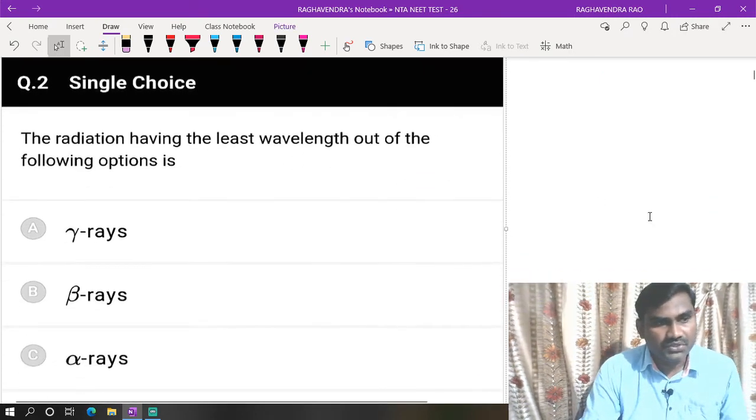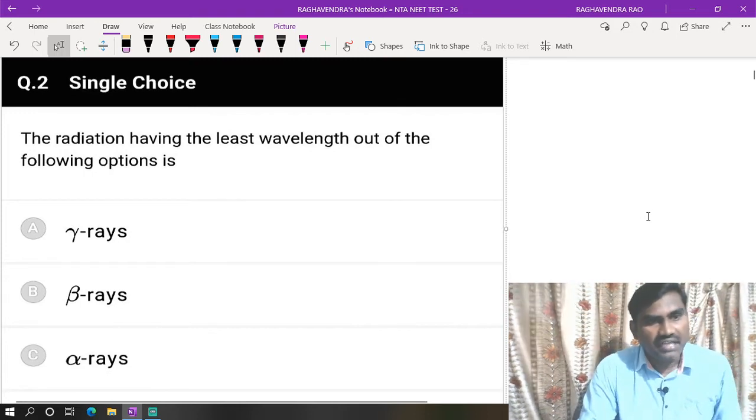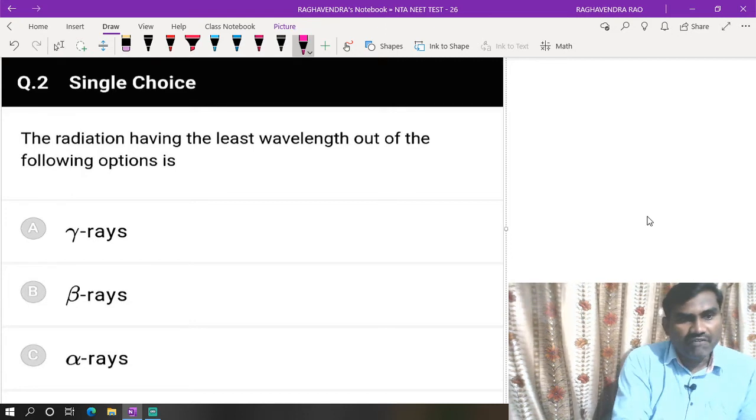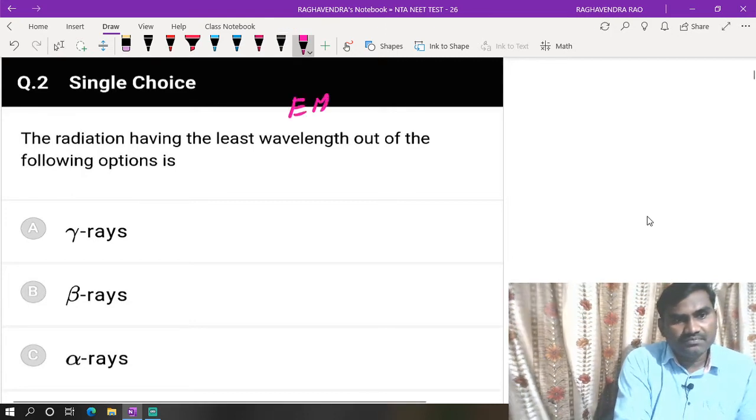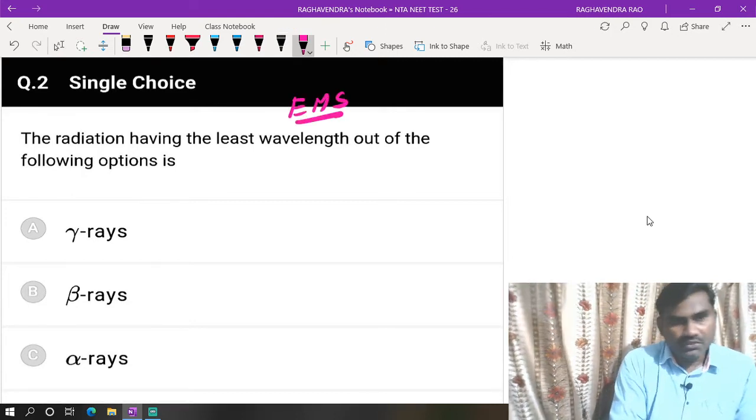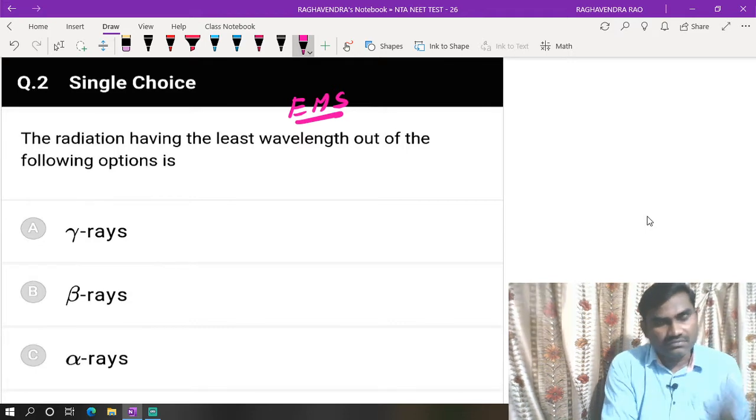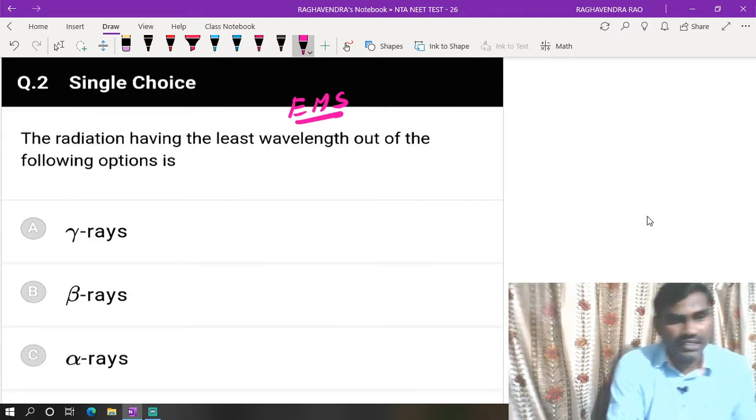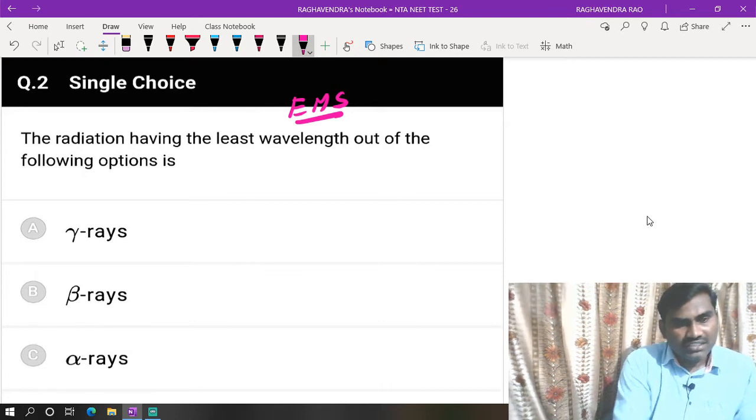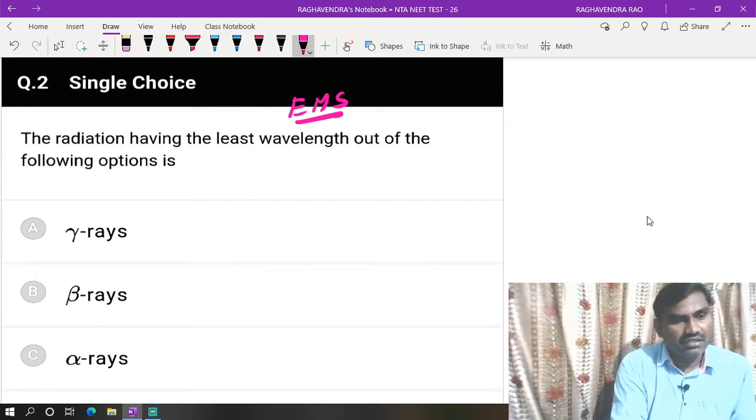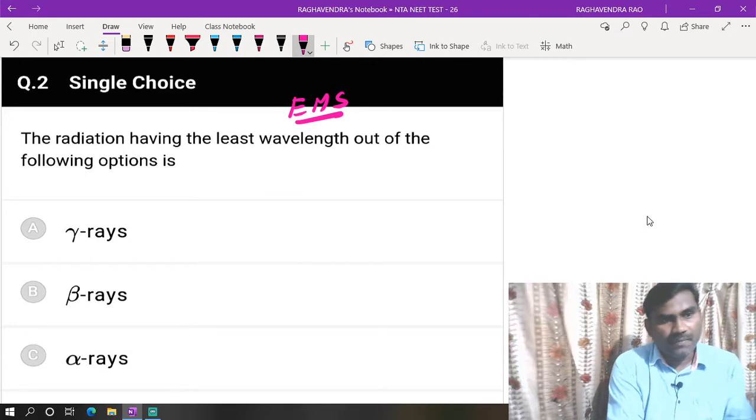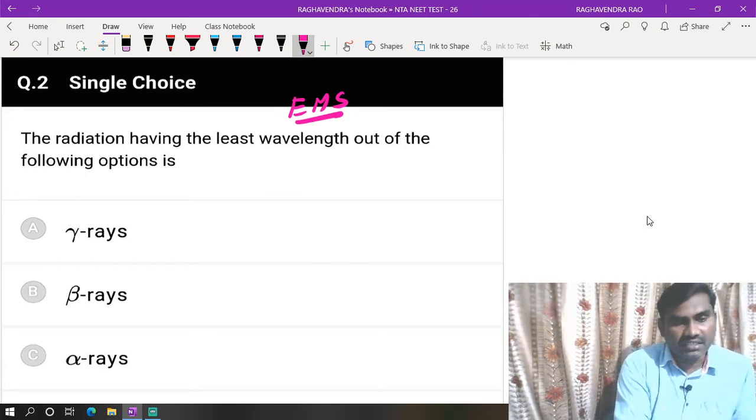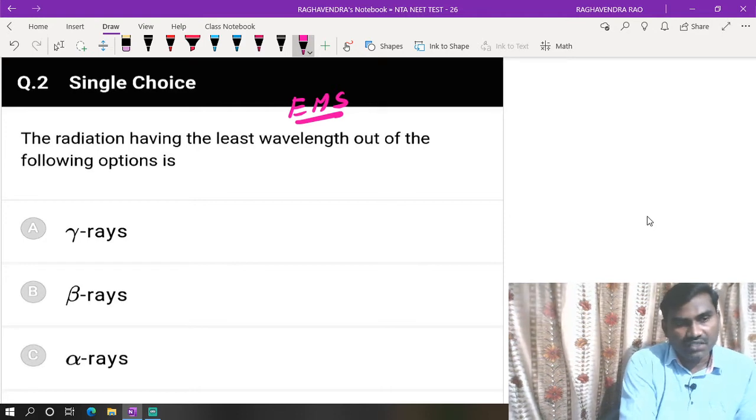Question number 2. Which of the following options has the radiation having the least wavelength? So we have the electromagnetic spectrum. For identifying the order of frequency and wavelength, we have a sentence. By knowing this sentence, we can identify the wavelength increasing or decreasing order, or frequency increasing or decreasing order. So for that we can go with